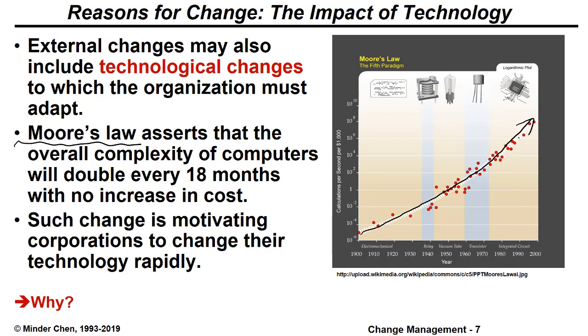Another way I usually look at it is that if you're buying a computer now, 2 years or so from now you can probably pay just half the price to get the same machine with the same speed and configuration. If you pay the same price, you probably will get something which has double the performance of what you have now. And this rapid change in computer and communication technology caused major changes in corporations adapting to new and emerging technology.